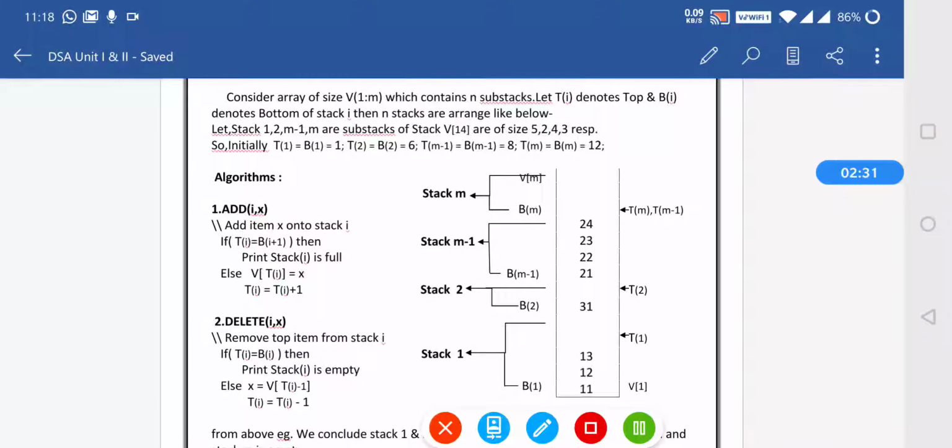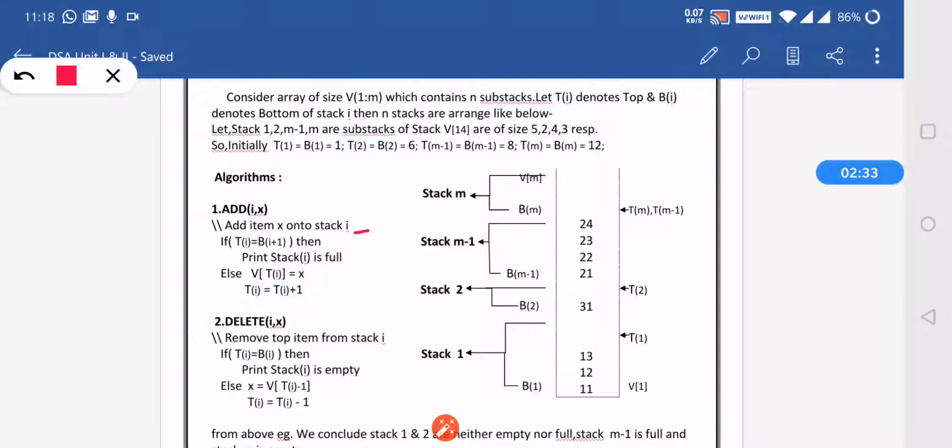So we can see over here these are the various stacks, and each and every stack is having a bottom. Here stack 1 is having b1, stack 2 is having b2, stack m-1 is having bm-1, stack m is having bm. Same way each and every stack is having a top.